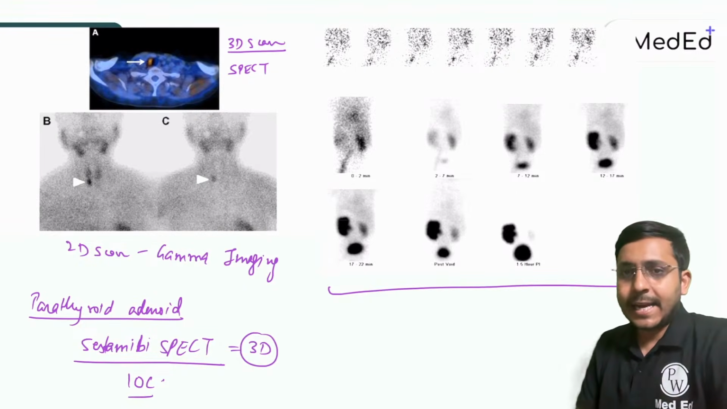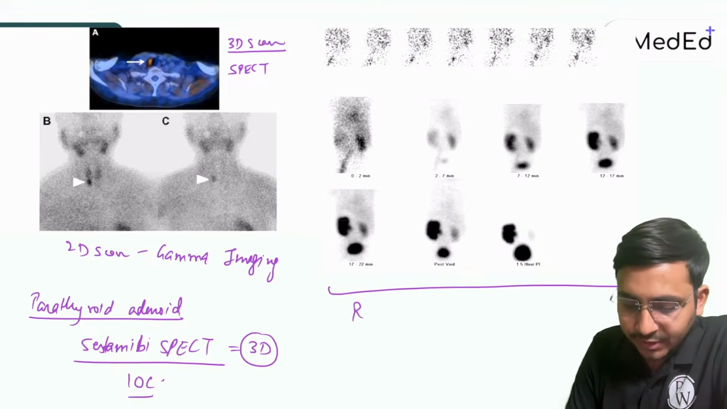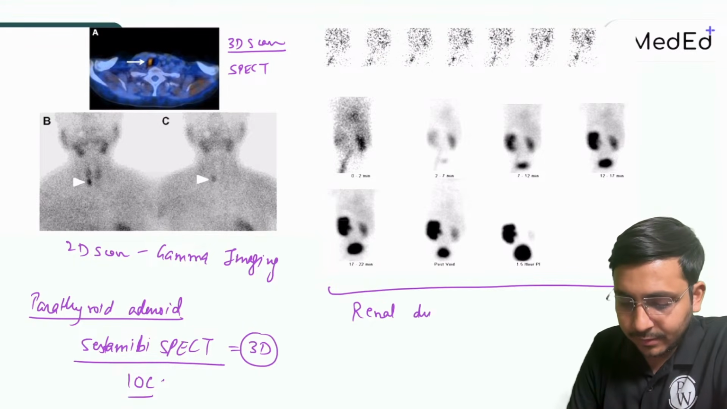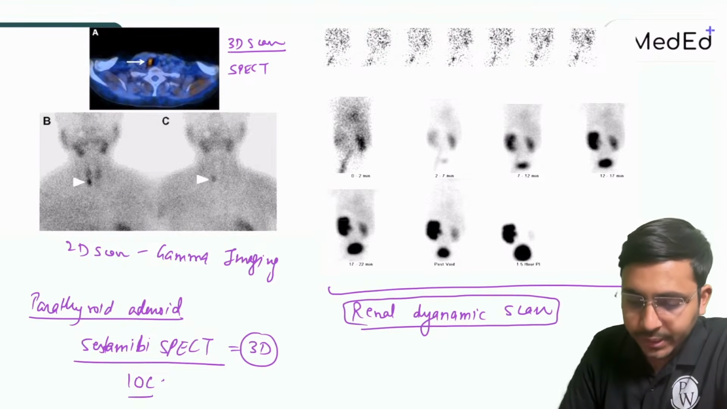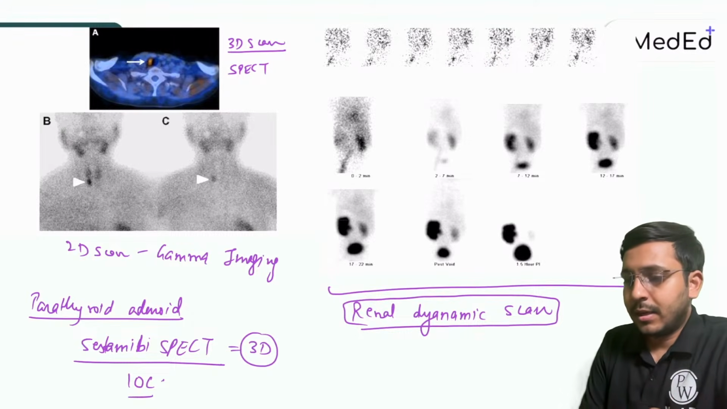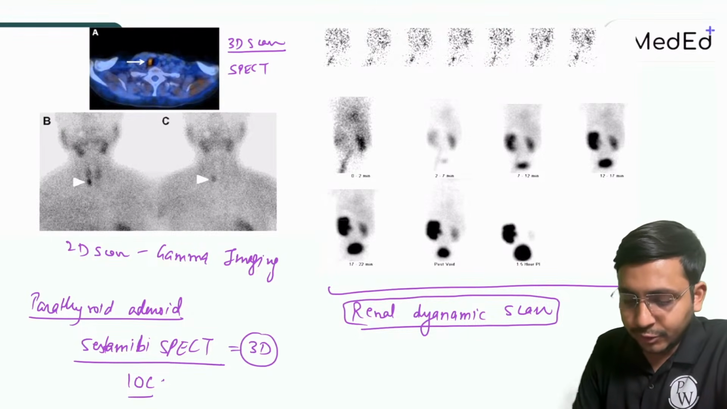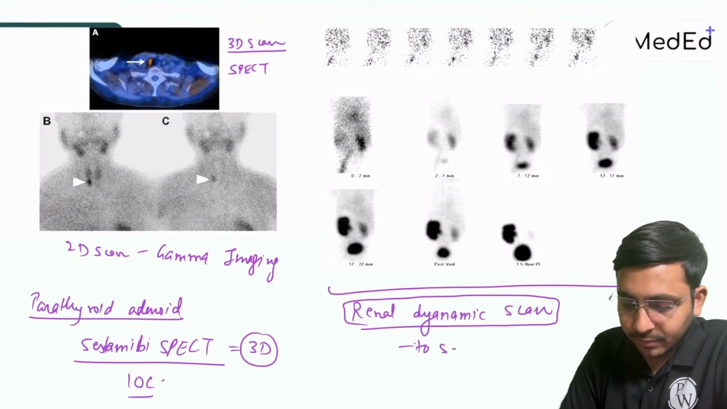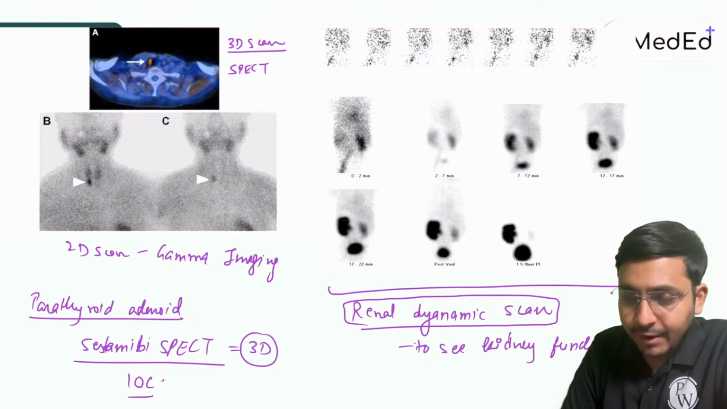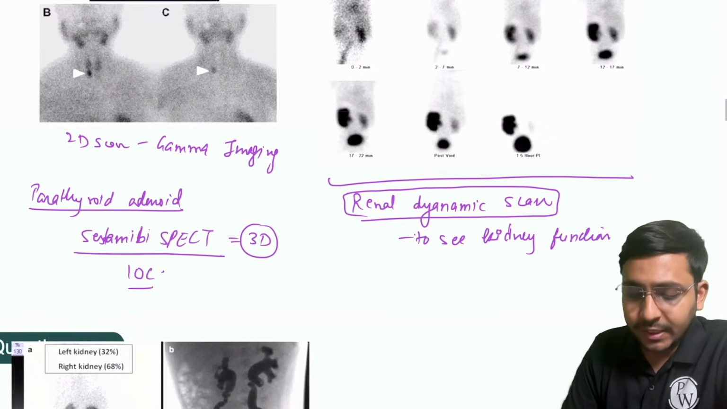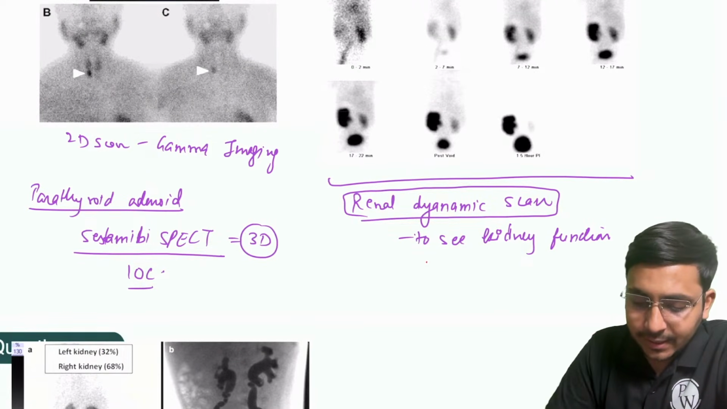Tell me, what type of a scan is this? Now, this is what is known as a renal dynamic scan. This is a renal dynamic scan. ठीक है, आपकी पूरी न्यूक्लियर मेडिसिन रिवाइज करा रहा हूँ बेसिकली मैं, right? So renal dynamic scan is used to see kidney function. Right? And if you're asked about one compound which is given in renal dynamic scan, it is MAG3, because MAG3